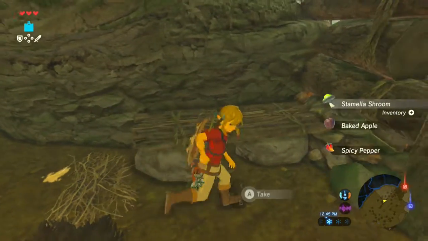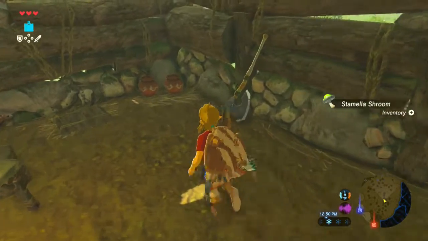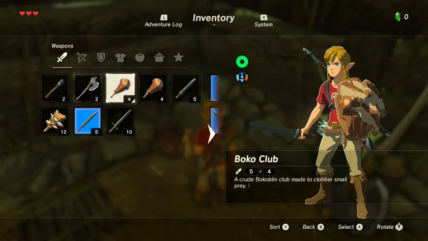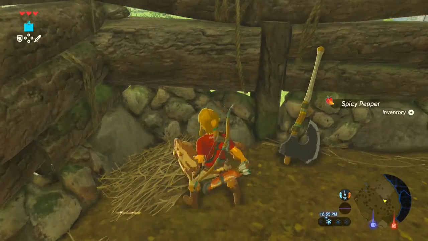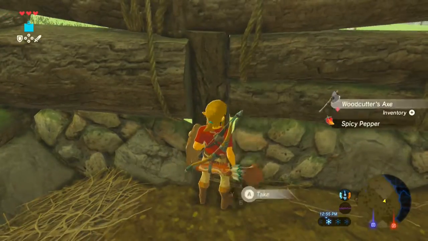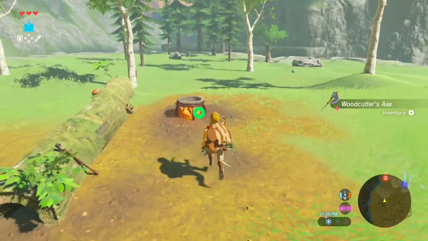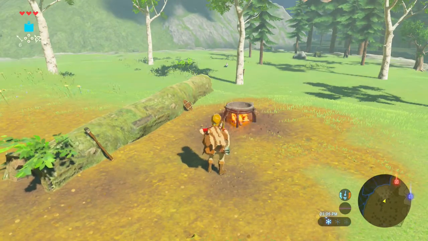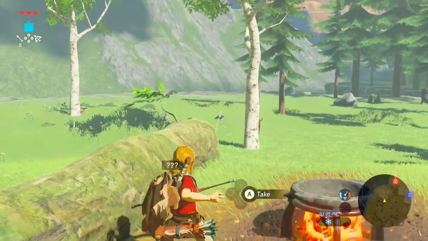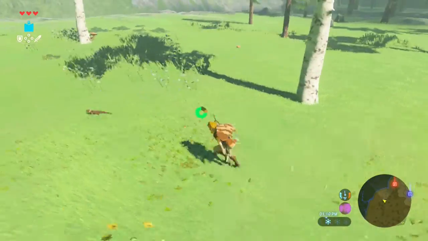Well, we have a spicy pepper. Don't think we have any meat, though. Let's see if we can fix that somewhere down the road. Let's use this to bash open these pots. And we'll drop our woodcutter's axe, which we might have used a little bit. I don't know. But let's just refresh that axe. Alright, so... Perfect. Not exactly... Lizard...